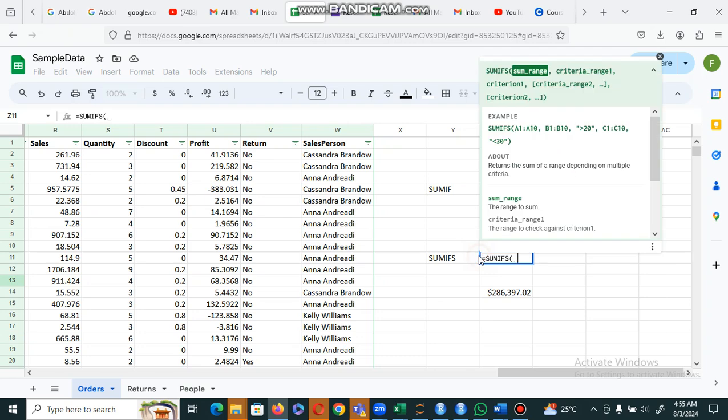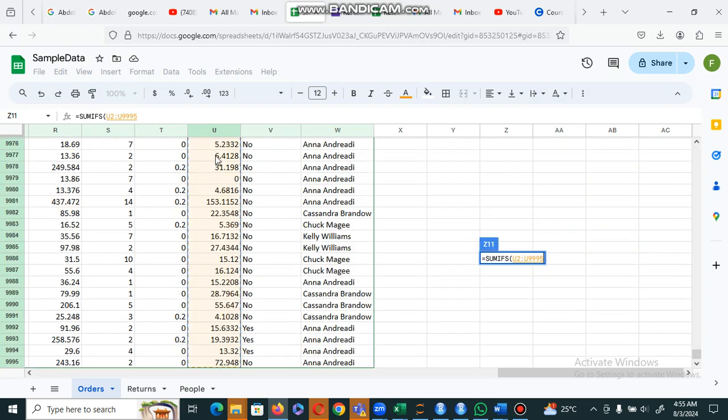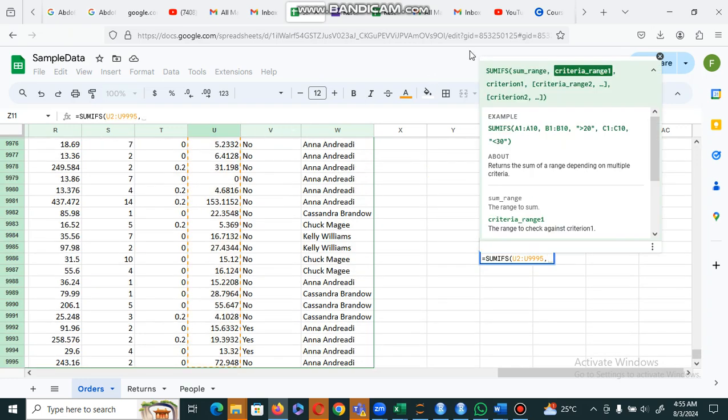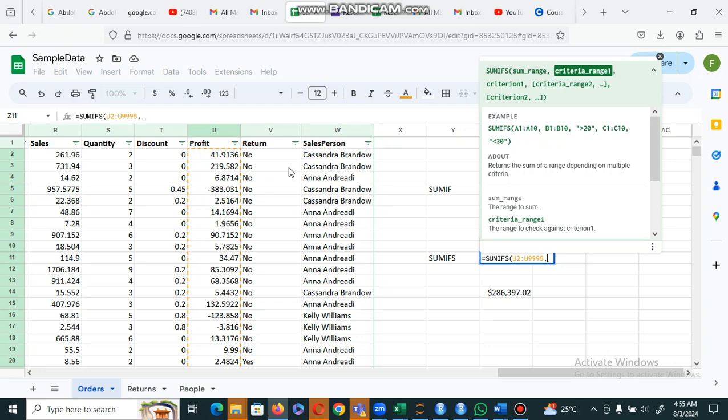So look at the function argument, the sum range. So you have to highlight the profit first, comma, the criteria 1, range, the criteria range 1. I still want to use the region,